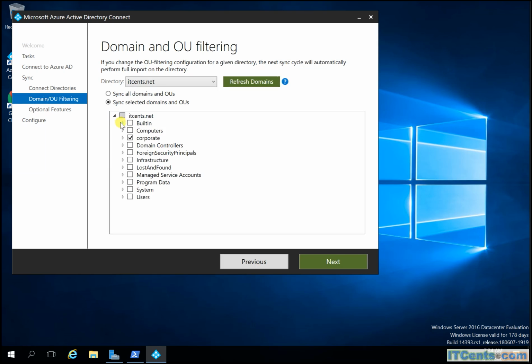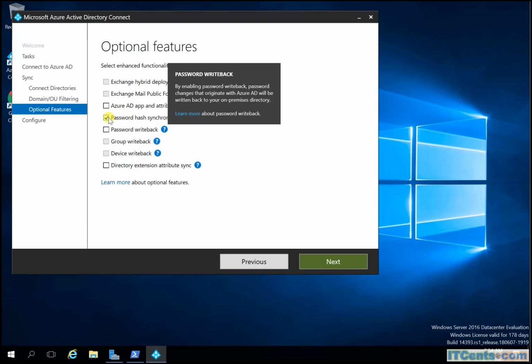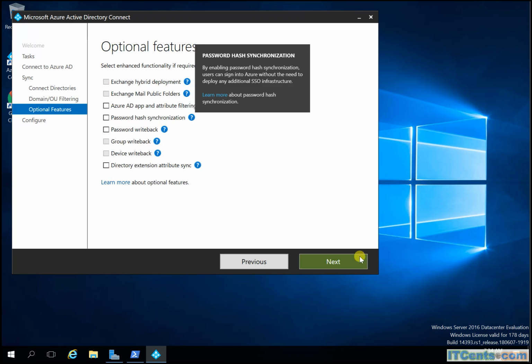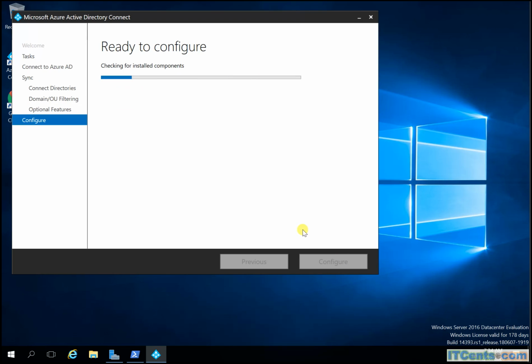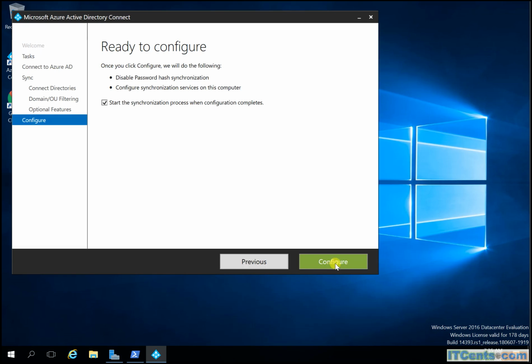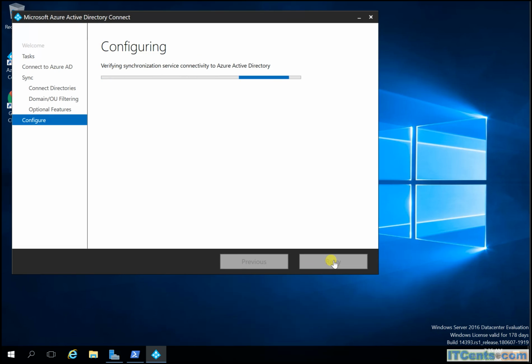Currently it's syncing the corporate OU, which is fine for me. I just don't want password hash synchronization. I don't want to sync password now. You can keep it enabled if you like,